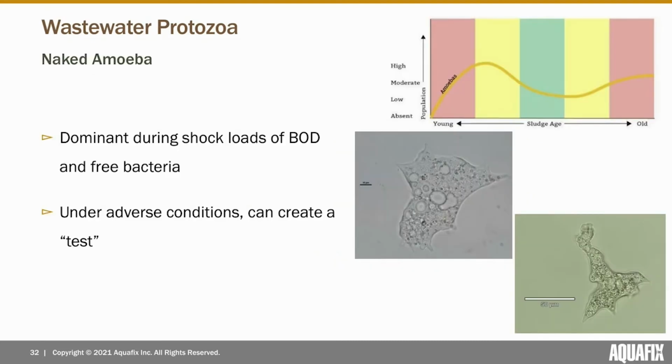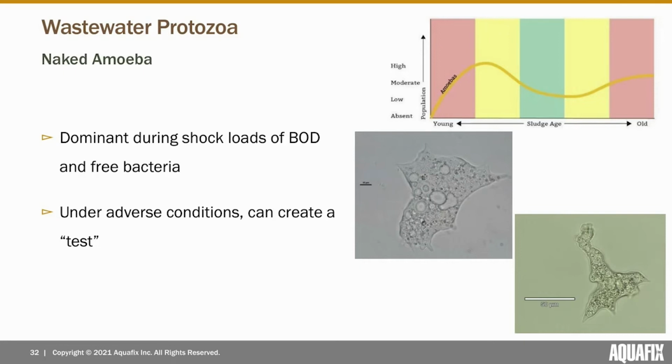Naked amoebas are a protozoa that produce waves of cytoplasmic movement as their gut contents flow. And this is referred to as pseudopodia or false feet movement. Because of this movement, their shape is frequently changing. As you can see in the photos, they're not going to be the same shape twice. They use their pseudopodia to surround and capture food,